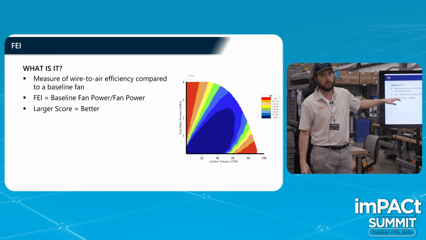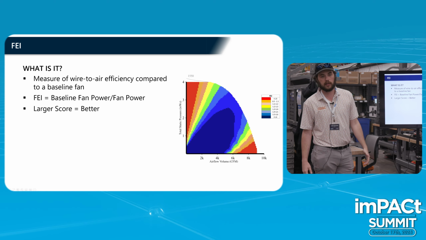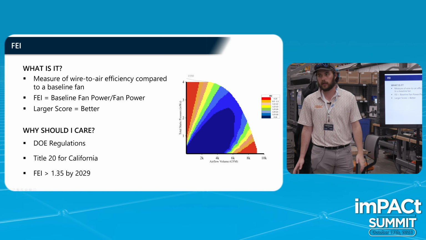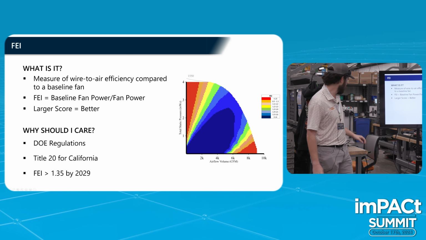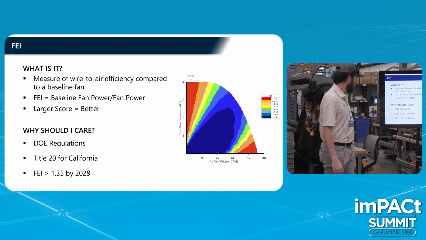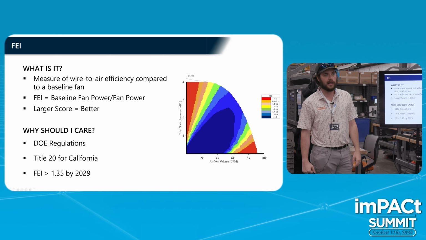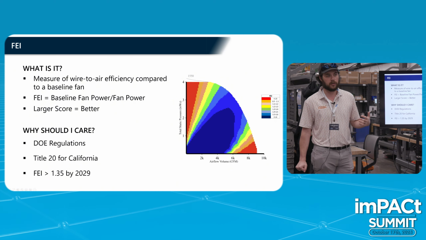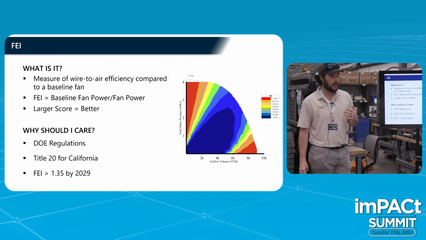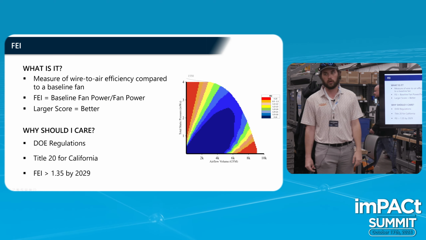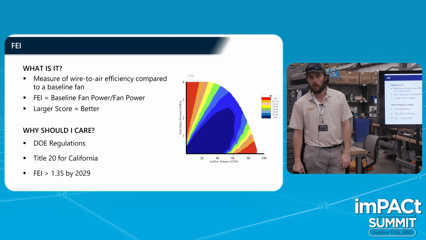So the state of California, for example, has an FEI limit of 1.0 right now. Everything has to be above 1.0 in the state of California. And why should you care? So the DOE, Department of Energy, has adopted FEI as the new metric that matters the most. And by 2029, they're going to require for our types of fans to have an FEI score of at least 1.35, which is